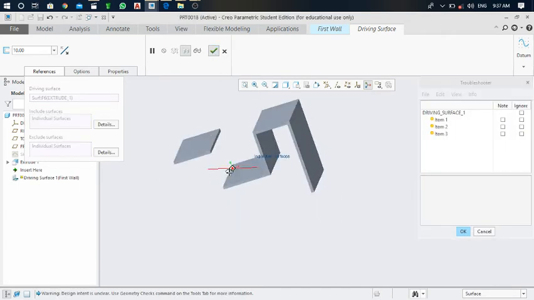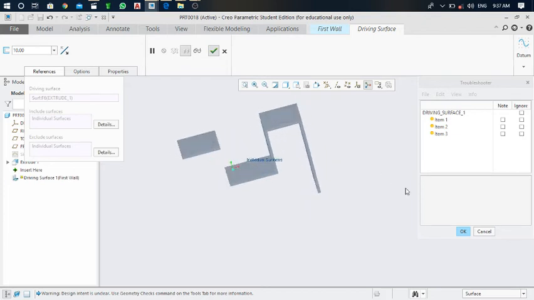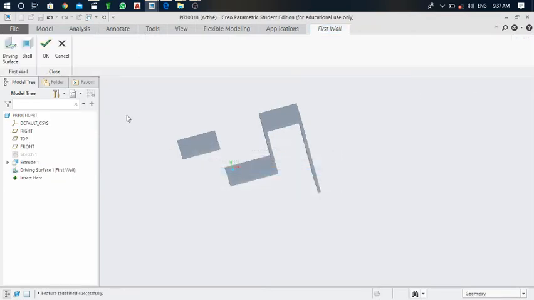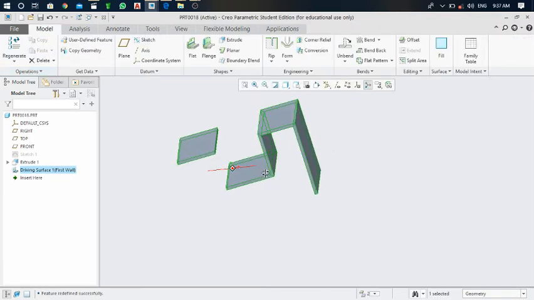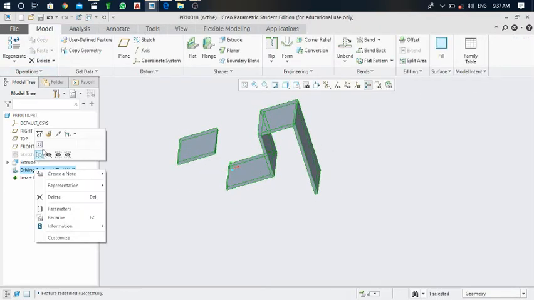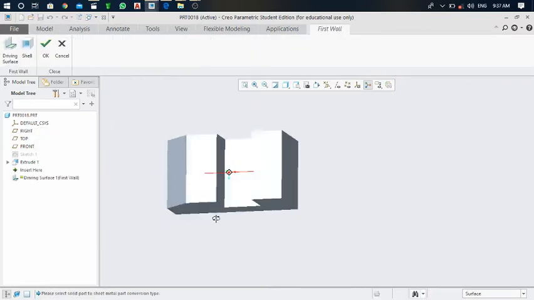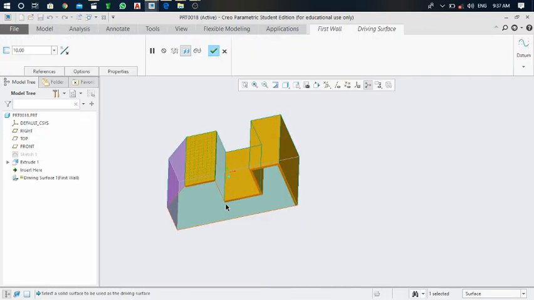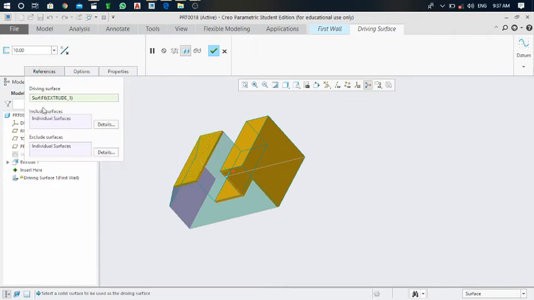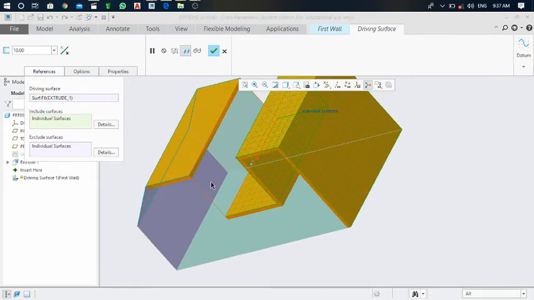The surfaces look like this. I would also like to select that surface also. Click on OK, and now you can again edit this. Right click on this and click on edit like this, and click on driving surfaces. Click on references and include surfaces.